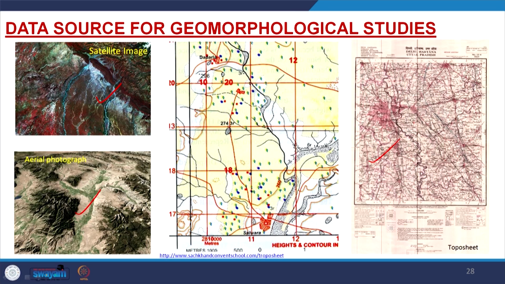Apart from that, there are some organizations like CWC, the Irrigation Department, the Geological Survey of India. From there the data can also be extracted. Whatever aspect you are working on, based on that aspect you have to explore where you can get those data. Using those past data you come to a mathematical relationship, and through this mathematical formula you predict for the future, then a complete geomorphological model you can prepare.